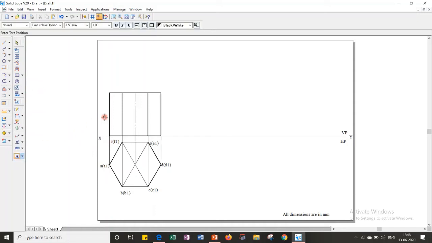Naming, I will start with base corners. Along this line I am having point A and A1. Here A1 is the base corner. So this is the corner of the base. So this will be point A1 dash. Since it is front view, we'll write it using dash. A1 dash.